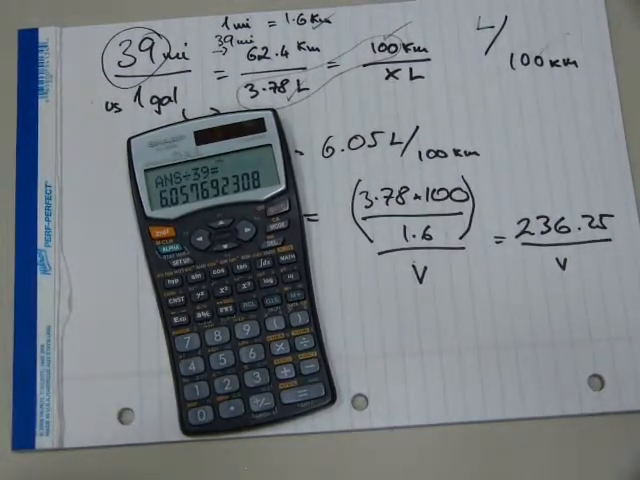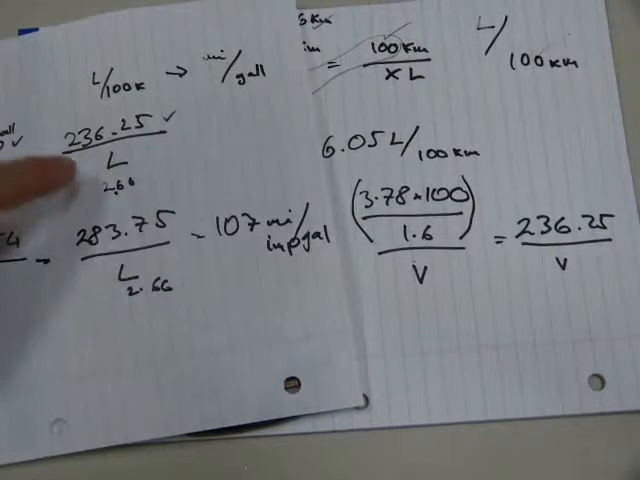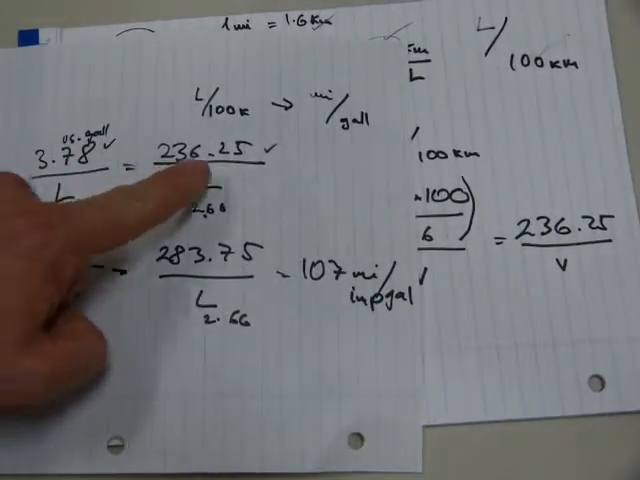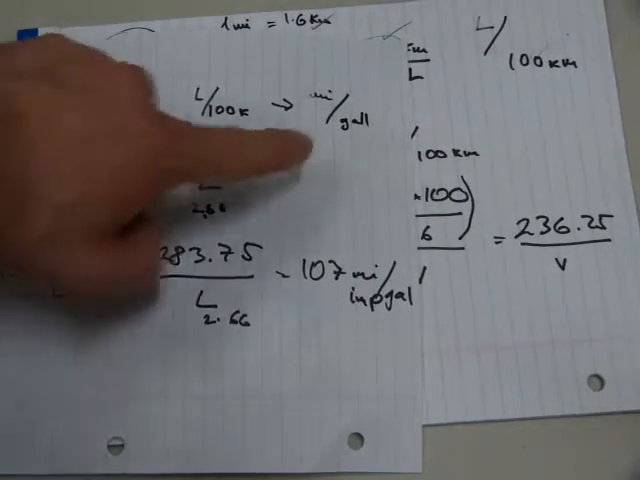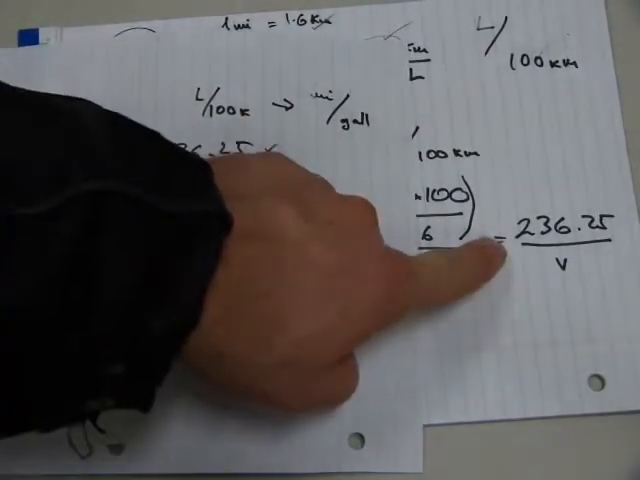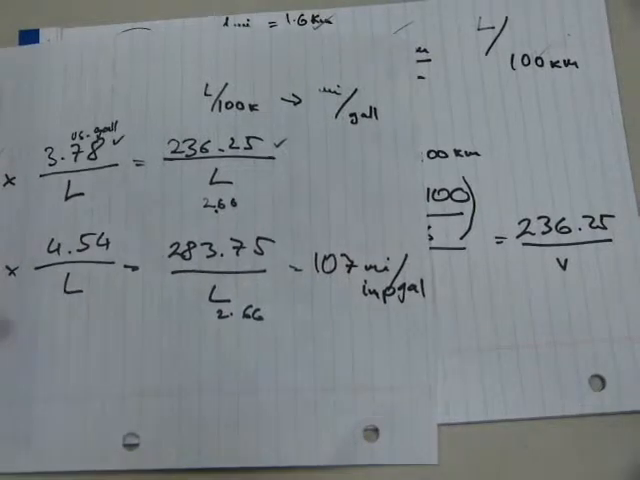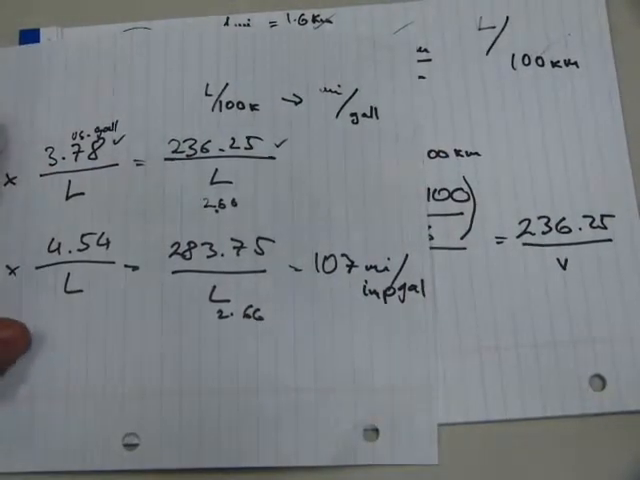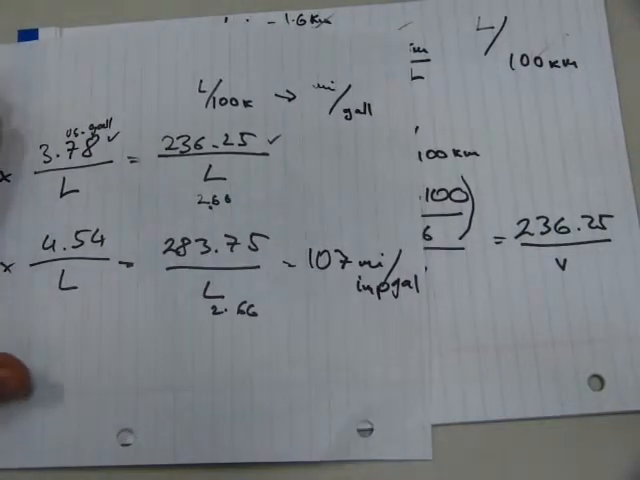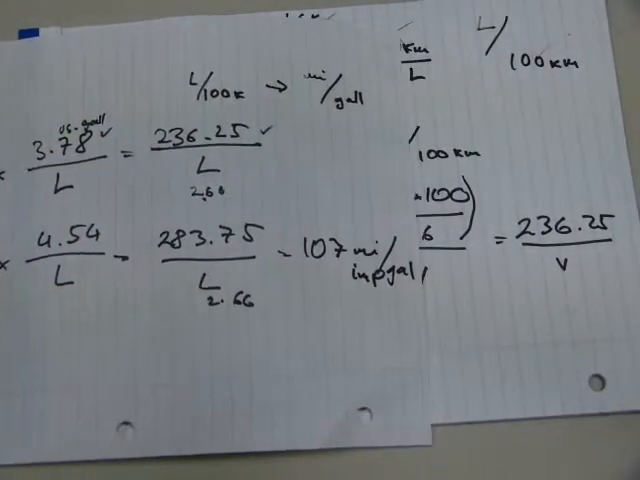So just like in the previous calculation, where the conversion factor was 236.25, and we divided it by the number of liters to get miles per gallon. Here we have 236.25, the same figure. We divide it by the number of gallons, and we're going to get liters per 100 kilometer out of it. So this number is really useful when you're working with